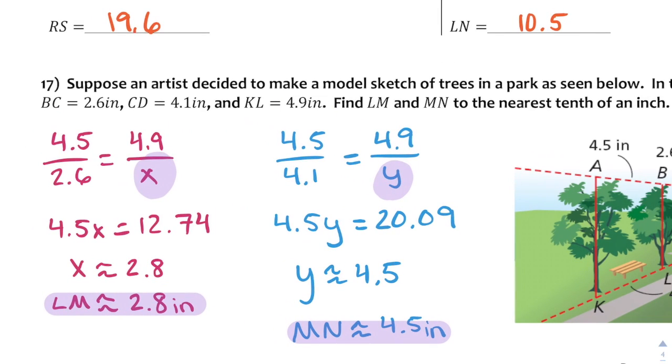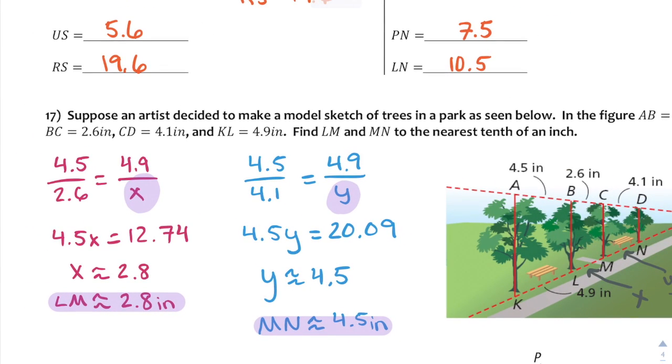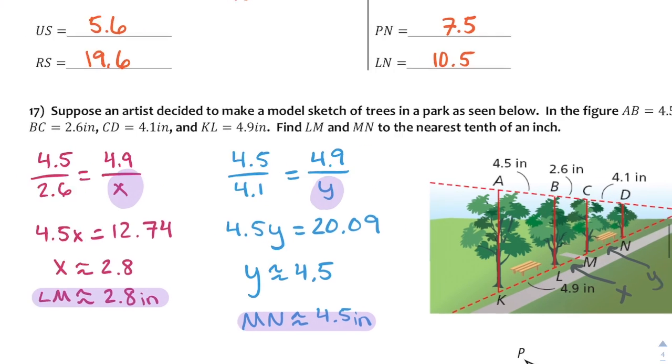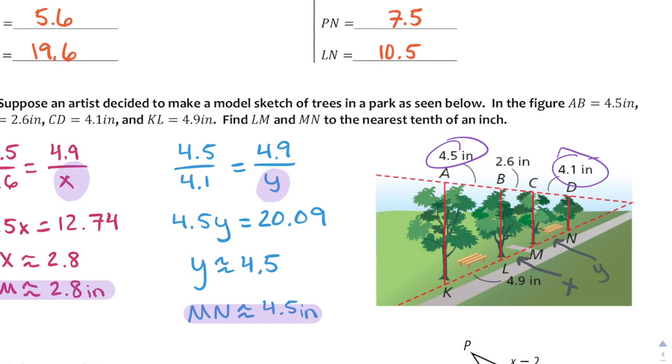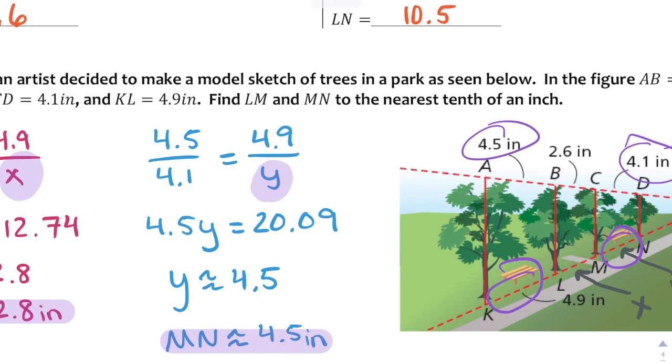But set up both proportions. It doesn't really matter. So I did 4.6 is to 4.5 is to 2.6 as 4.9 is to x. And I solved and got about 2.8 for x, meaning that LM would have to be about 2.8. I also used the numbers that I knew, 4.5 and 4.1. I set that equal to 4.9 and y, or in this case MN, and I get about 4.5 after rounding. So I know that that one is solved